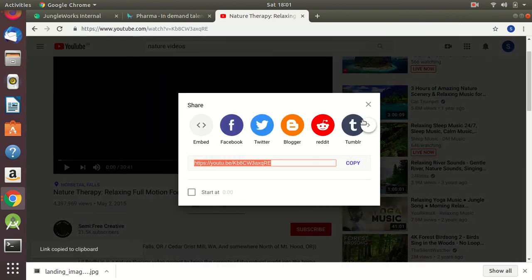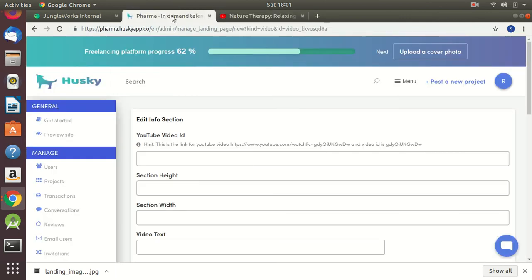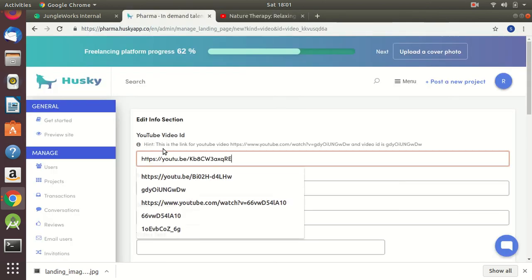I'll just copy this link, and paste it over here.